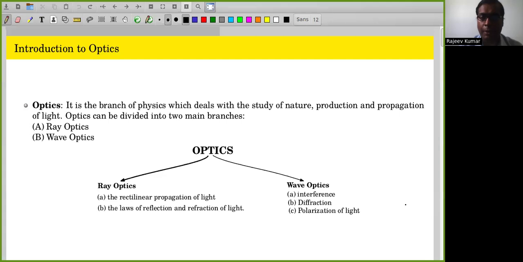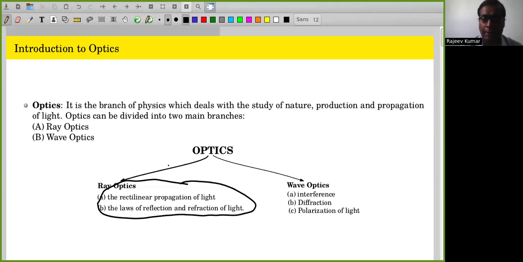One corresponds to the rectilinear propagation of light, which is called ray optics. And in another case, we are more concerned about the wave propagation of light, which we term as wave optics. So in ray optics, we go for topics like rectilinear propagation of light, and here we are seeing the phenomena of